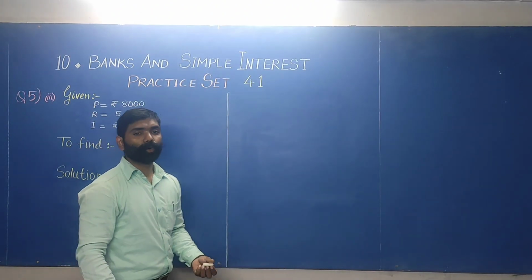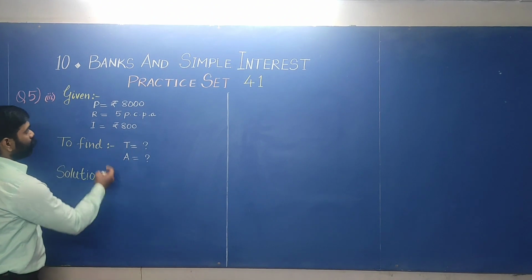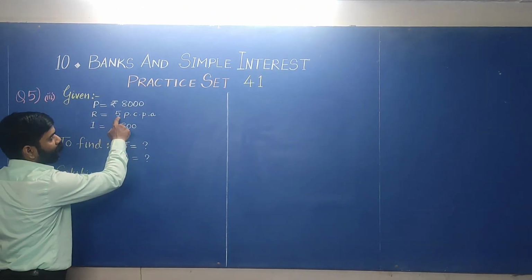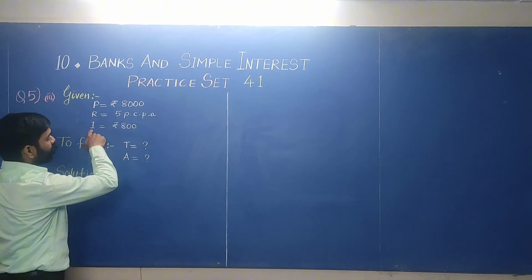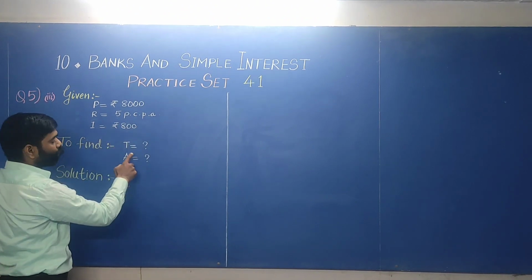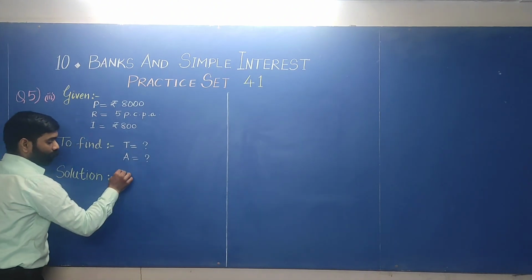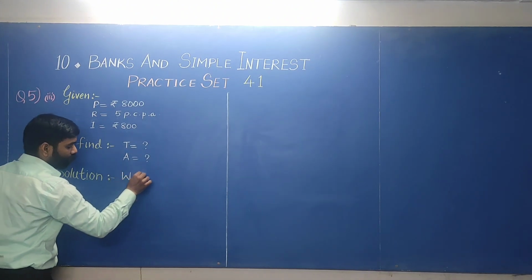Okay students, let's see question number 3. Here principal is given as 8000, rate is given as 5% per annum, interest is given as 800. We need to find time and amount. How to find it? We know the formula. We will write, we know,